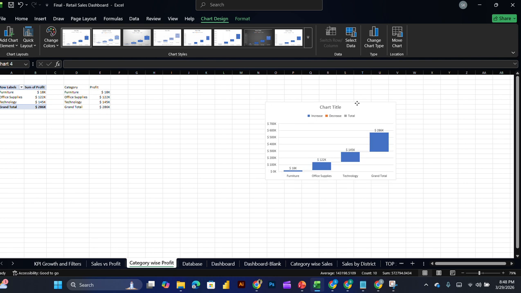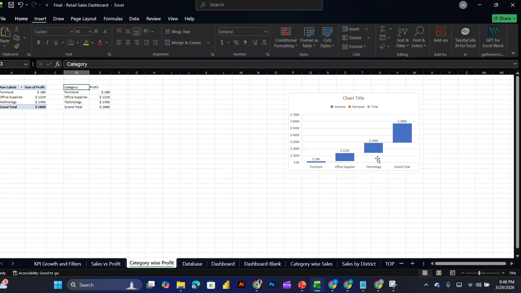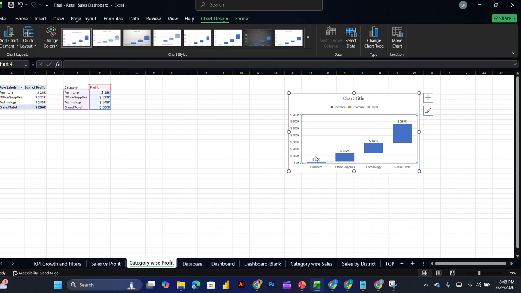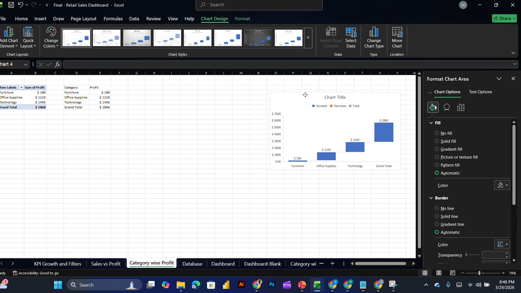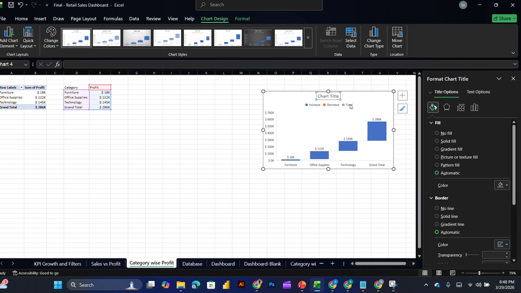Now we want to edit this chart. So what you have to do? First you have to double click on it, then delete, then you have to remove the chart title, then click on this and click on